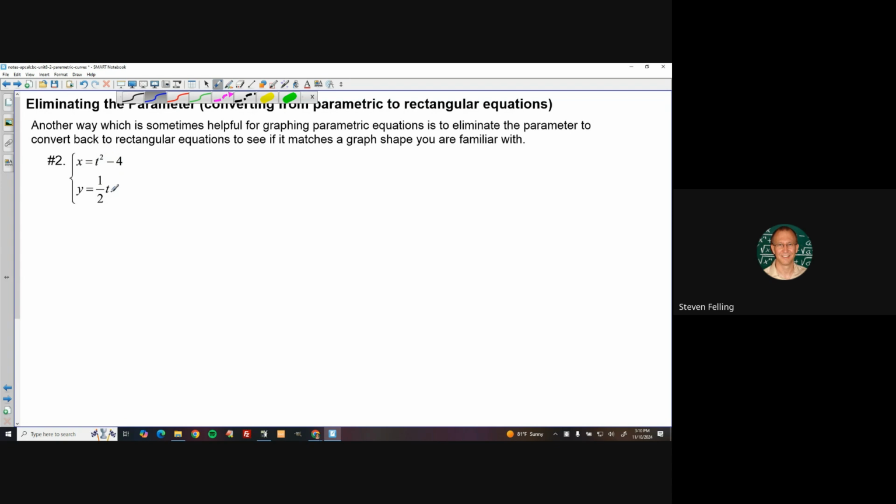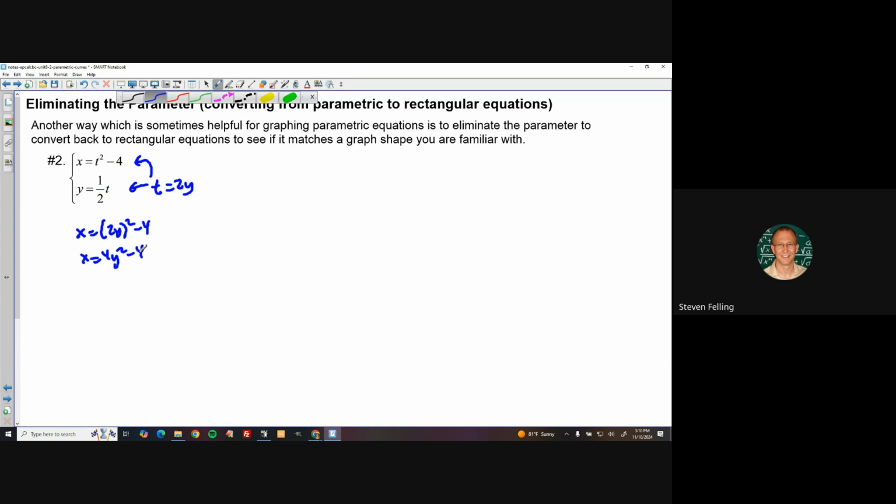That's the same problem we just did. We could solve one of these for the parameter t, like this one. If y is 1/2 t, multiplying both sides by 2, t is 2y. And then I could substitute that in this. So x would be that t, 2y, squared minus 4, which means x would be 4y squared minus 4,